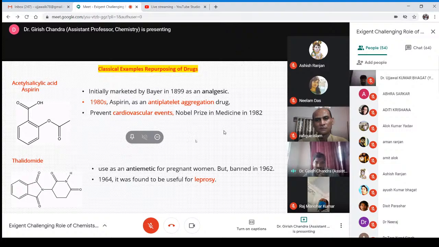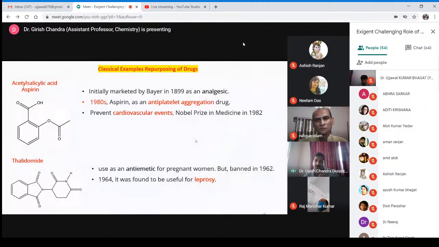Another important example is thalidomide. Thalidomide is very famous, and I will say it has a very bad name in medicinal chemistry, or in the drug society. Why? When it was launched in Germany, it was used for treatment of morning sickness in pregnant women. But it was observed within 1 year that after taking this medicine, women delivered babies with deformities. Some babies had only one eye, some only one leg, some only one hand. So within 1 year, the German government withdrew this medicine,